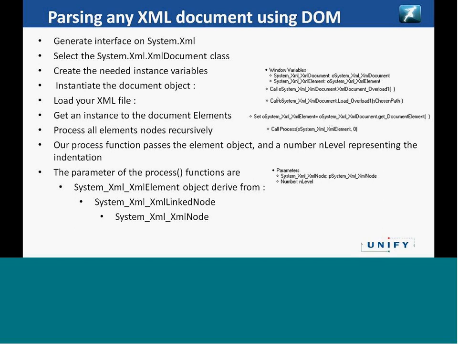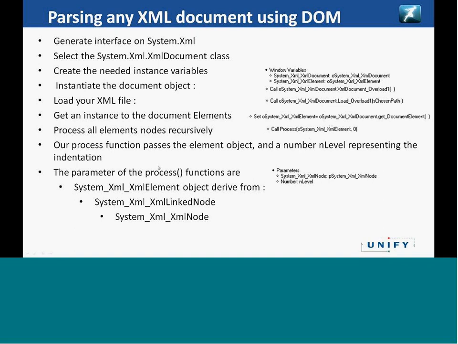So we're going to process all our element nodes recursively using the process function. We're going to pass the element, and notice that the parameter of the process function is a node, but I'm passing an element. This is fine because an element object derives from System.Xml linked node and System.Xml node,